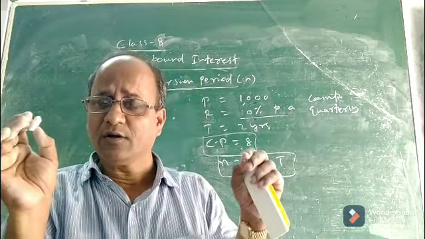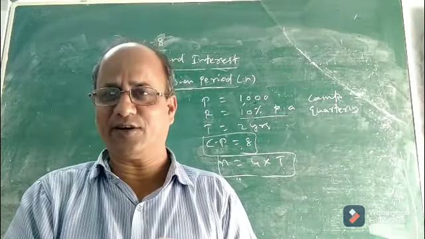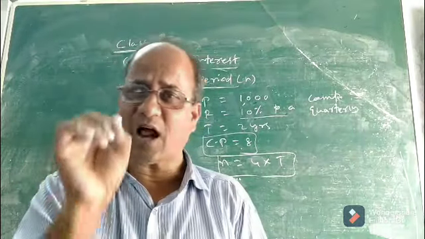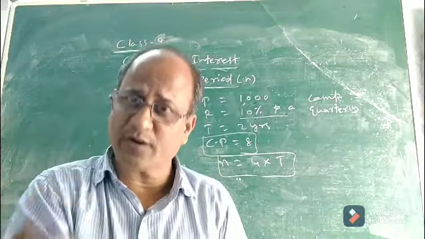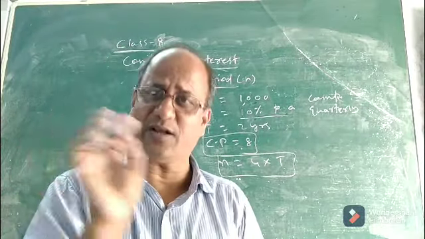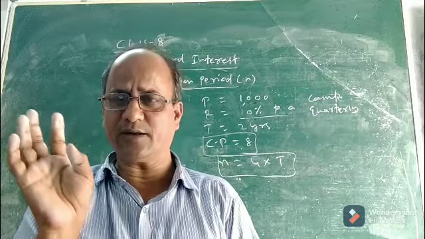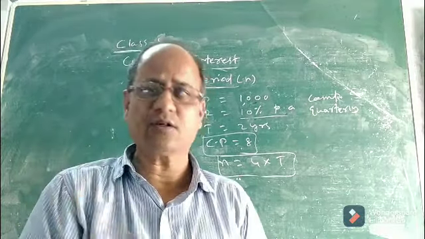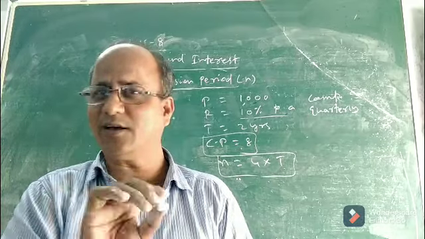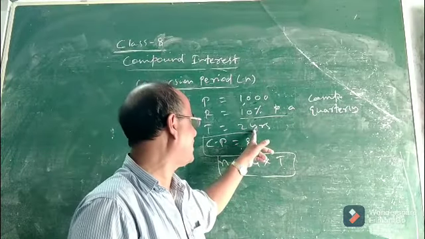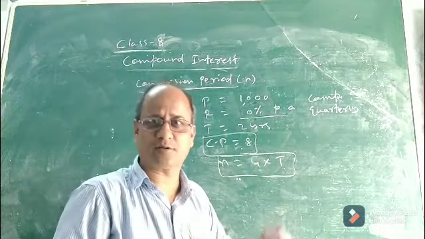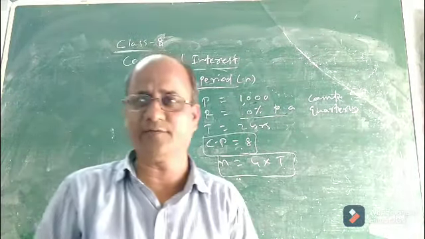Okay? So now what is conversion period? Tell me children. It will definitely be the number of times that interest is compounded or computed. How many times interest is computed or compounded, that is called the conversion period. And is it same as the time period? No, clearly no. Because you see, here the time period is 2, but conversion period is 8. It is totally different.